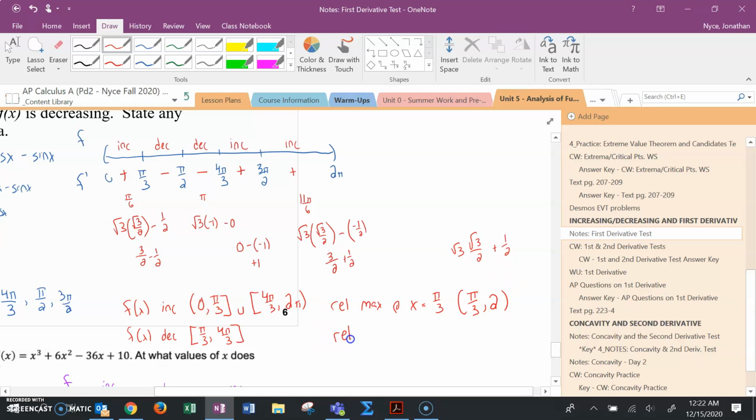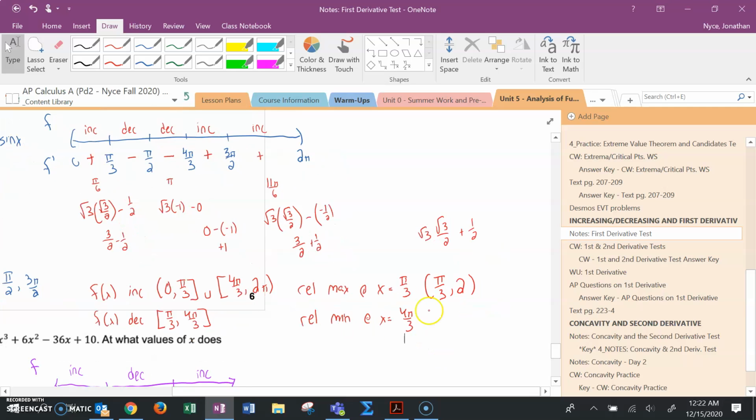And we have a relative minimum at x equals 4 pi over 3. Again, we know we have a maximum because our derivative changes from positive to negative. We know we have a minimum because our derivative changes from negative to positive. And again, the ordered pair there, 4 pi over 3, if you plug that value in